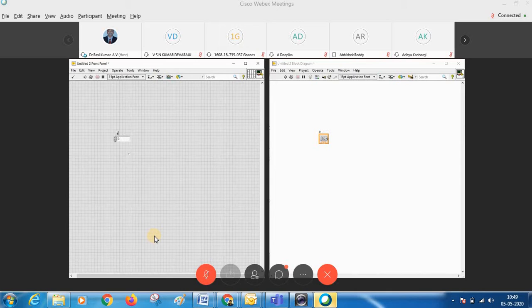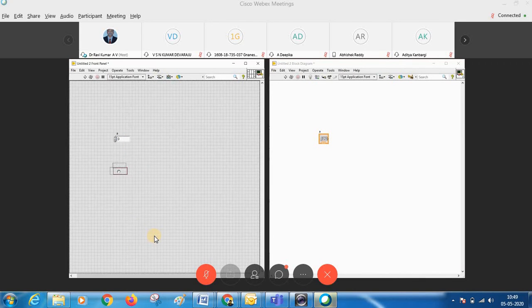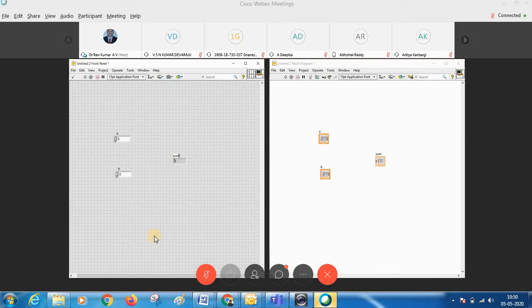I'll tell you later what the data type of this is: whether it is taken as 32-bit or 64-bit, a float variable or unsigned variable, or only a real variable. Later I can explain that. I'll take an example, but I need to know the difference between text and graphical programming. With respect to that, I need to take one more input, with variable name B, and I take an indicator named Sum.